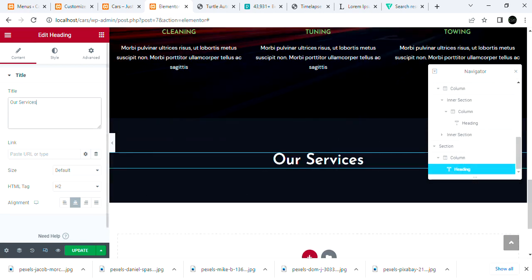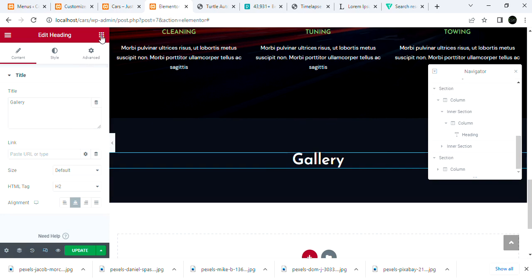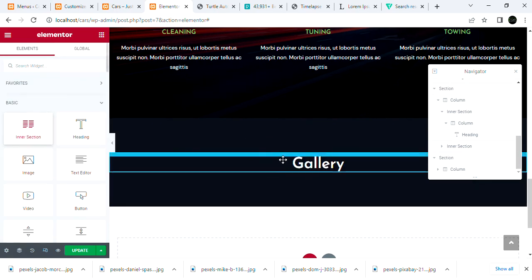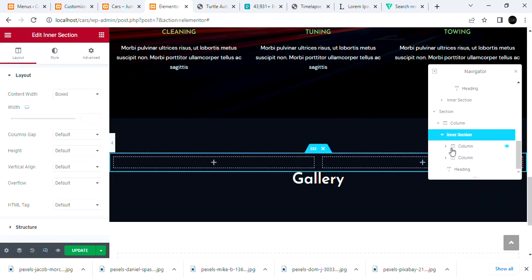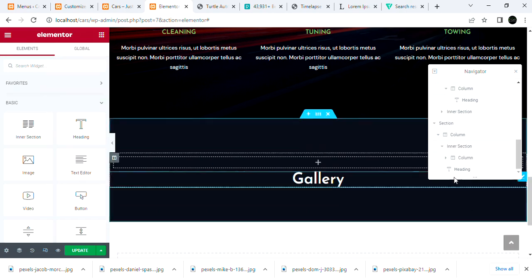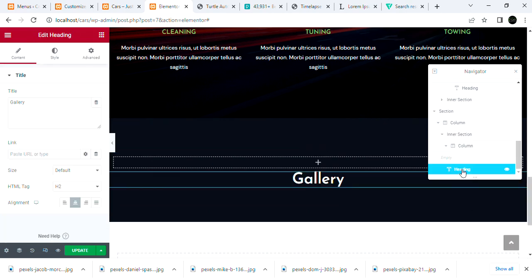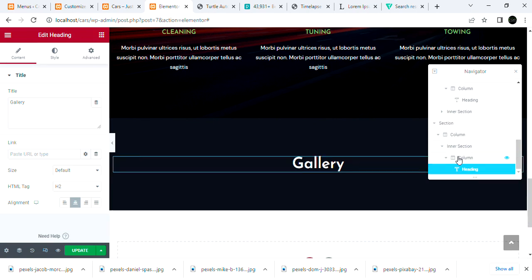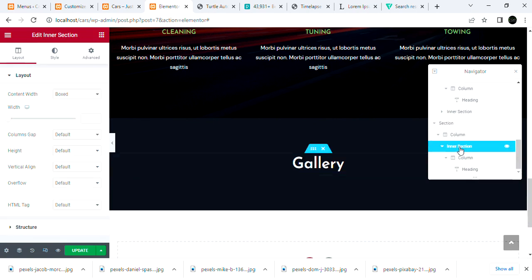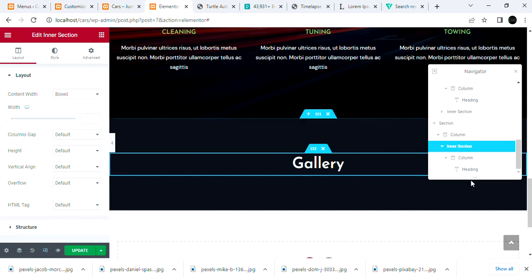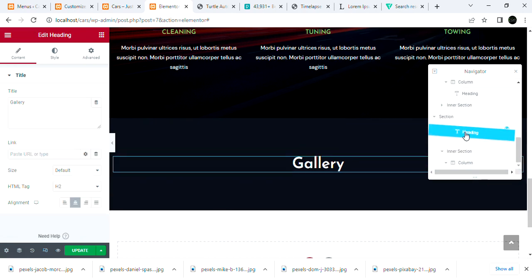Okay, so I can just change it to gallery. Now I can just create another section, but it doesn't seem like I have to create one first in a section. I didn't, so I am going to create it again. That's my bad. So now I can put this heading into the inner section column. This is the way I can do it, or you can just remove the inner section if you don't have to